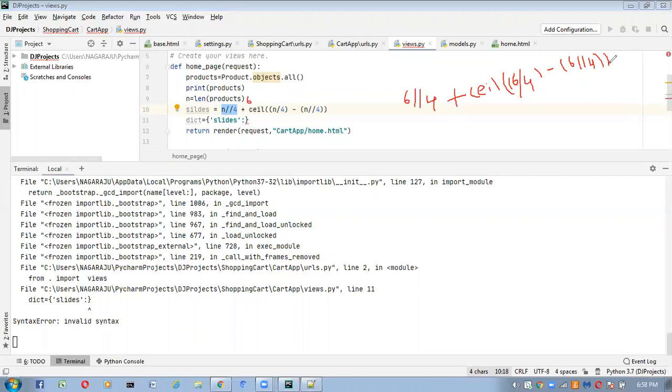This is the formula. Here you will get the total number of slides. If you evaluate this formula, you will get the total number of slides. Here 4 into, here 4 ones.